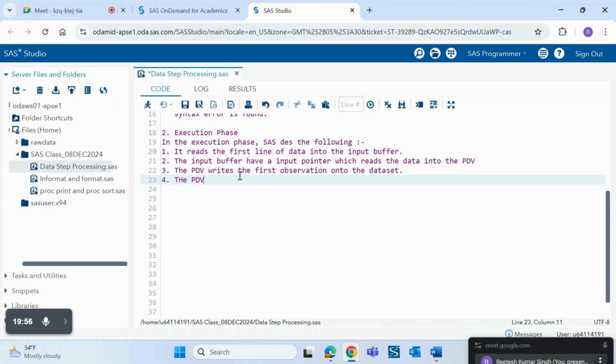Then the PDV empties the variables created by the input statement. I said not a buffer this time. Input statement means when we are writing the data in the input statement, we write the variable names. If you remember the data step, we write the variable names that your data set contains. So the PDV empties the variables created by your input statement